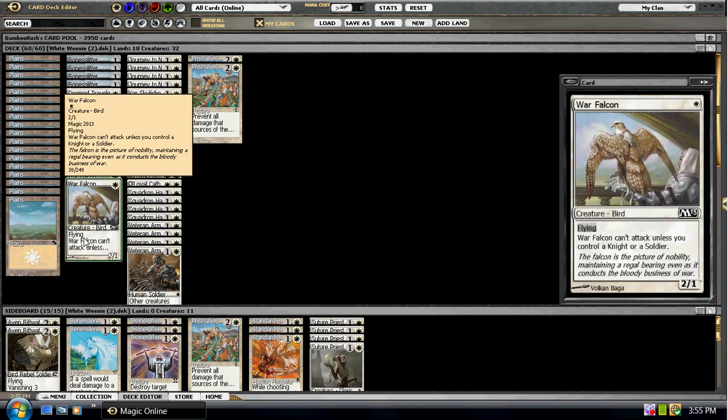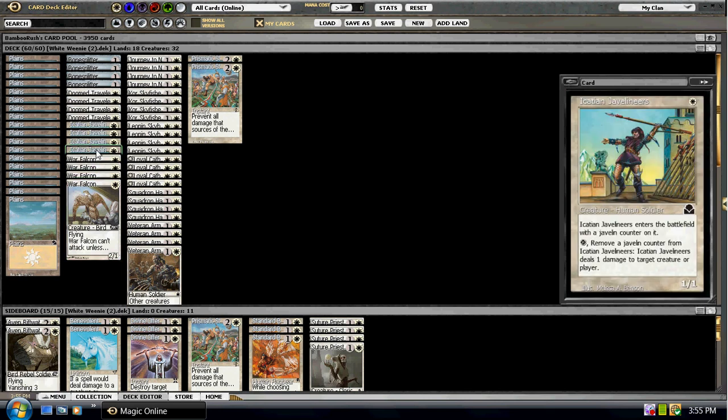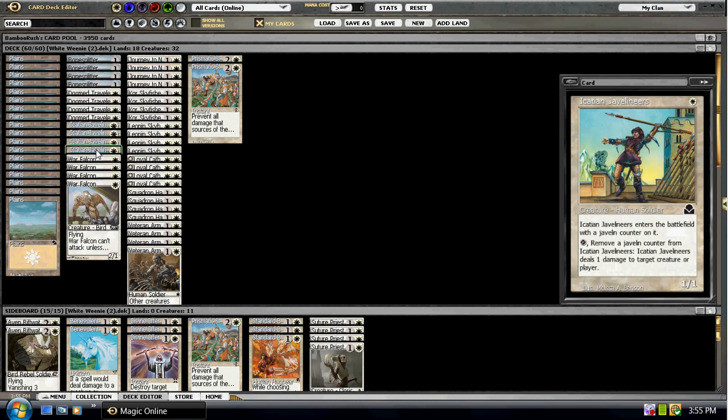War Falcon is the most aggressive one-drop play we can have. It's a 2/1 flyer for 1, and all of our creatures, aside from the Squadron Hawks, are soldiers or knights, so it's always going to be turned on as long as there's another creature on the board. The Icatian Javelineers are a staple of this archetype, and they still give fits to a few decks in the format. Some of those decks are not as popular these days, but compared to the other one-drop options, the Javelineer